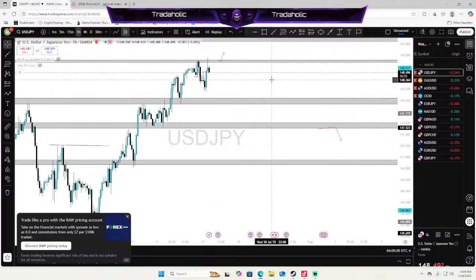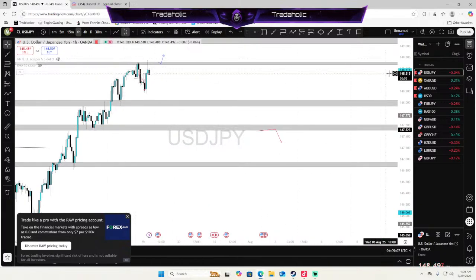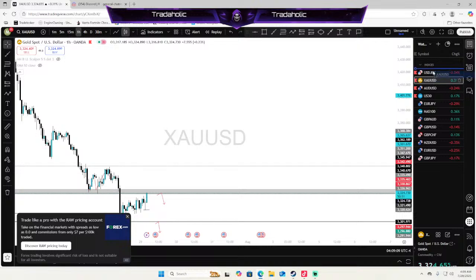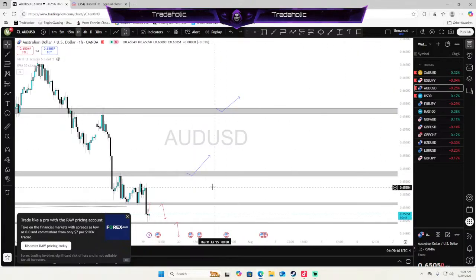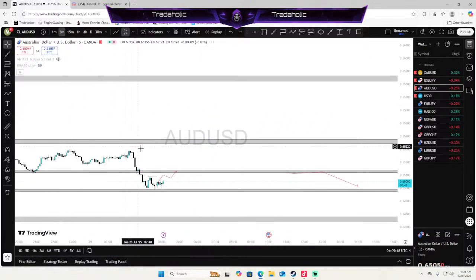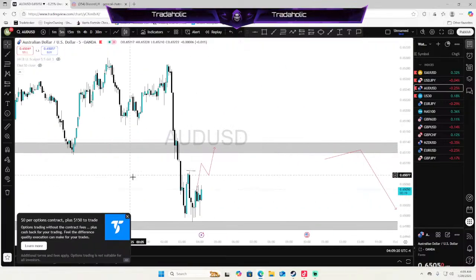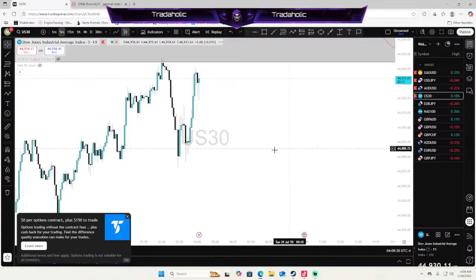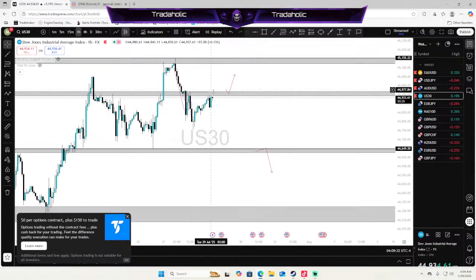So DJ didn't give me a closure, so no trade here. Let's just rearrange this where gold is now my new number one because we're tapping into this level. So now I just need the higher low to form and everything to set up how I want it to. Same thing with AU. AU is giving us a pullback right now. I need this pullback to take out this 5-minute high first, create a new higher high, a higher low, and a new higher high, tap into this level. Then I'll take the same kind of setup that I went for on gold, but here on AU. As far as US 30, no hourly close above, no trade. So my number one and number two is now gold and AU.